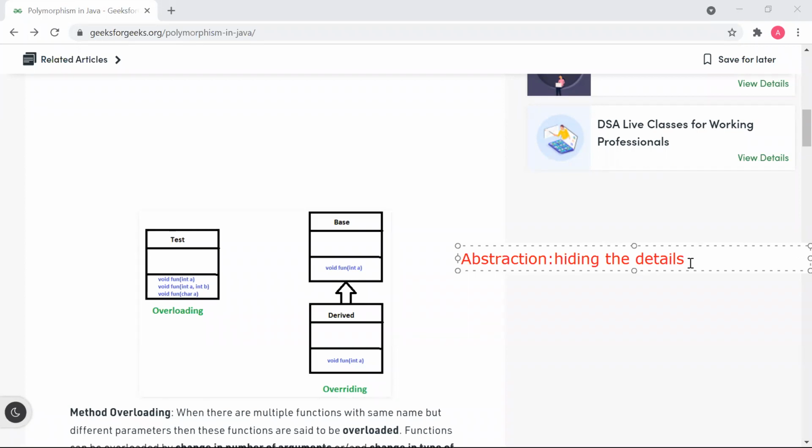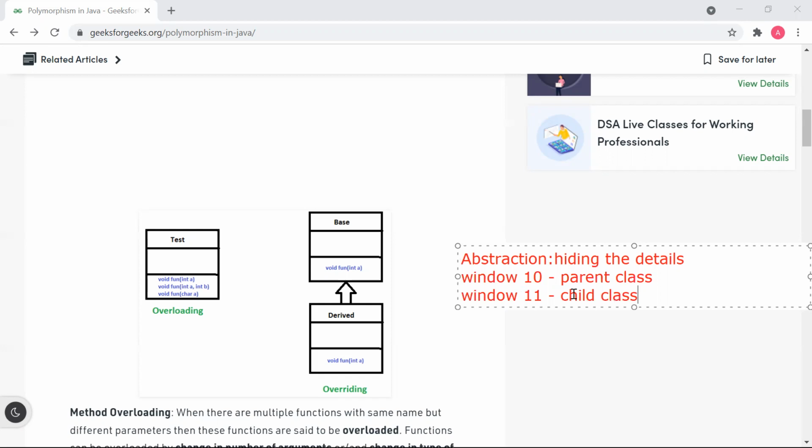Abstraction means what? Suppose you have two classes. Let's take an example of Window 10. Window 10 is your parent class, and Window 11, nowadays, is also coming to the market. It is your child class.